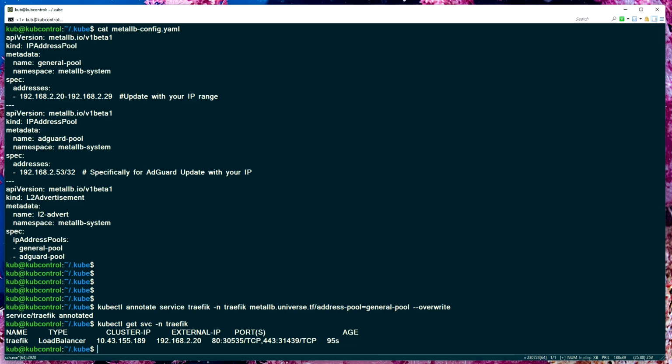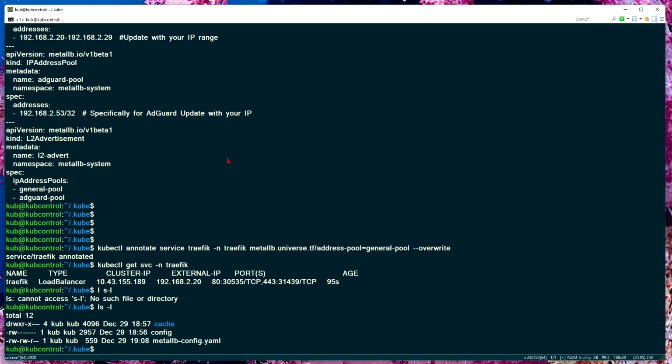Now, we're not done here. Again, with all applications you put on these clusters, you always have to have some type of config file. So this one here, we need to create a config file. So I'm just going to call it dashboard. Okay, we're going to call it dashboard. All right, so now what are we going to have to do here? We're going to have to create a config file called dashboard